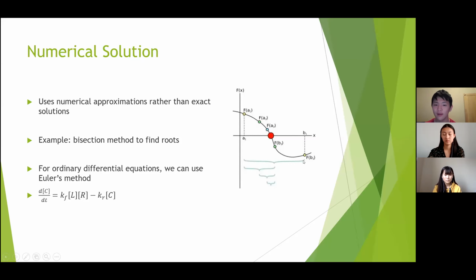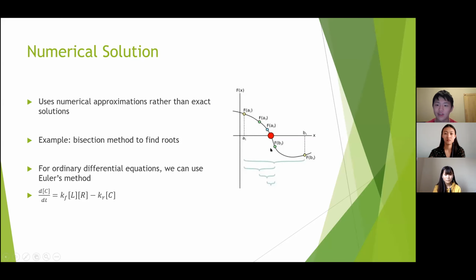So what you can do then is compute the average of a1 and b1, so that's going to be here, b2, and then see if that value is above or below 0, right? And here, it's going to be below 0, and what that means is that since f of b2 is below 0, you basically shorten this interval in half, and you know that your 0 is going to have to be between a1 and b2. And you can do the same thing again.